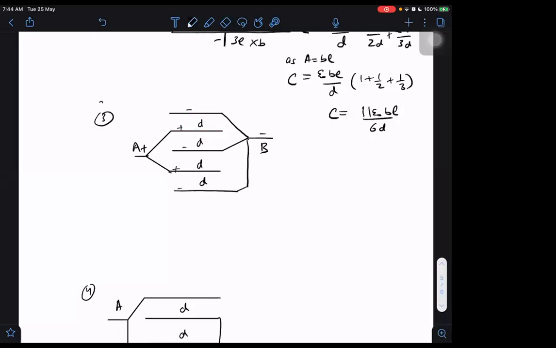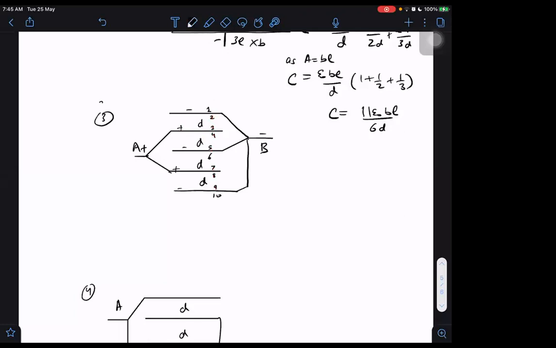I can say this is surface number 1, surface number 2, surface number 3, number 4, number 5, number 6, number 7, number 8, number 9, number 10. Number 1 is not forming any capacitor because there is no plate in front of it on the other side. The 10th surface is also not forming any capacitor. But 2 and 3 are forming a capacitor with each other, 4 and 5 with each other, 6 and 7 with each other, 8 and 9 with each other.